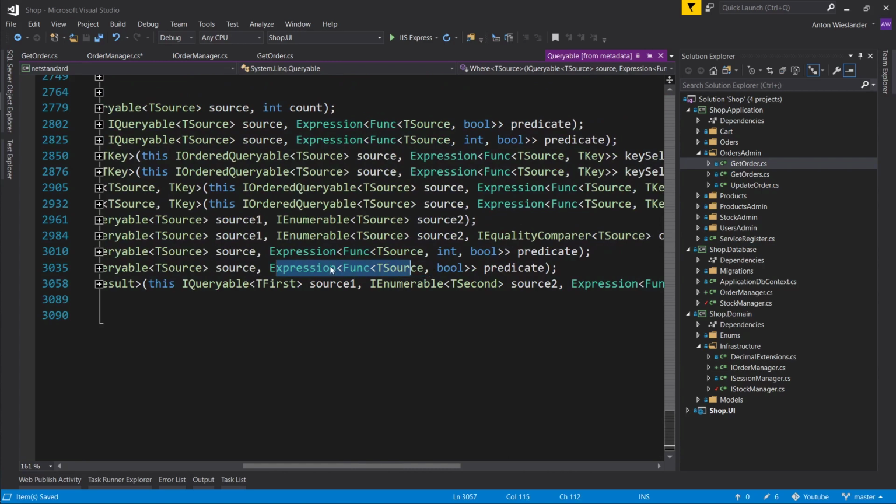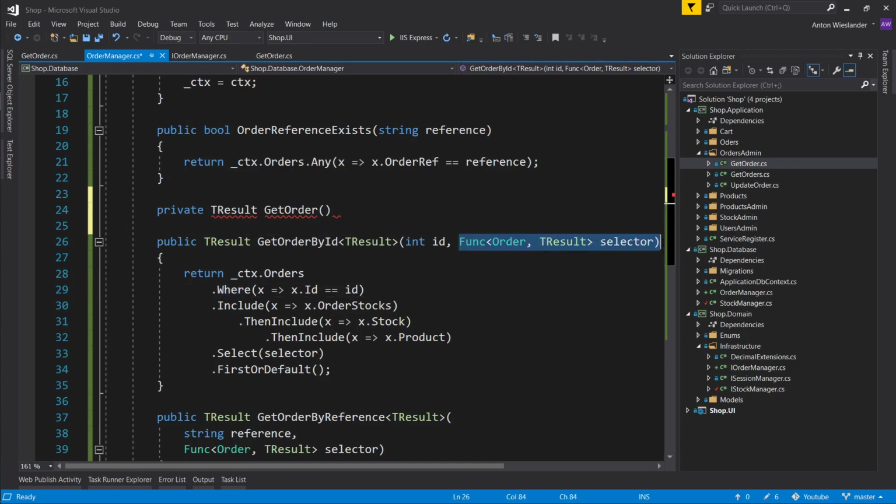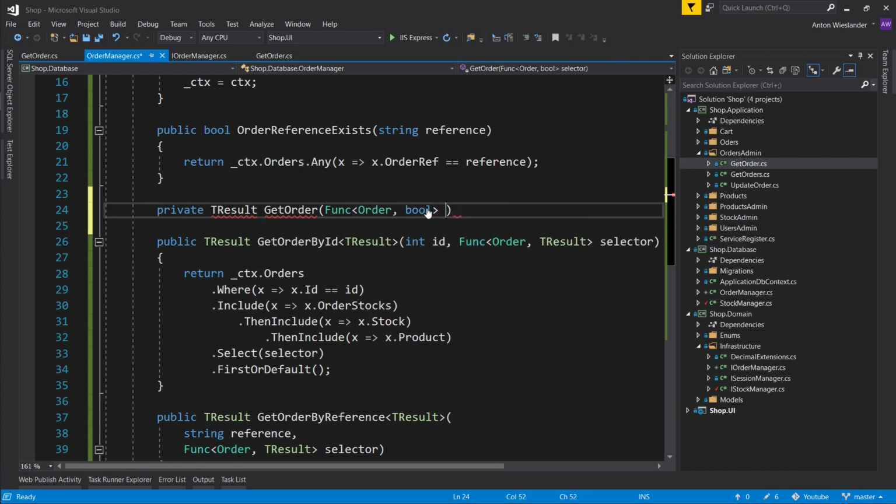It needs an expression of func, source, and boolean. So it's going to be looking pretty much the same as this, but it's going to be returning a boolean. So let's say boolean, and say condition,